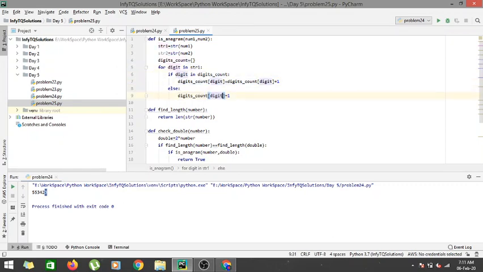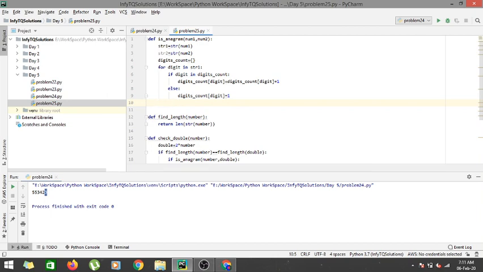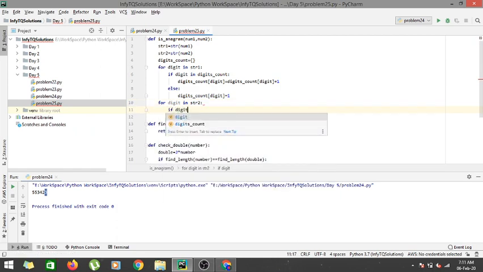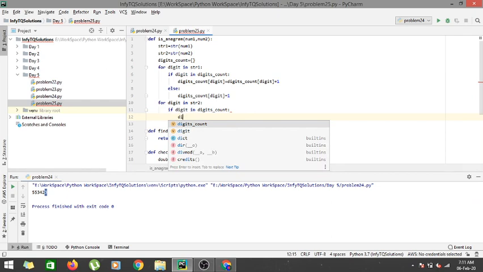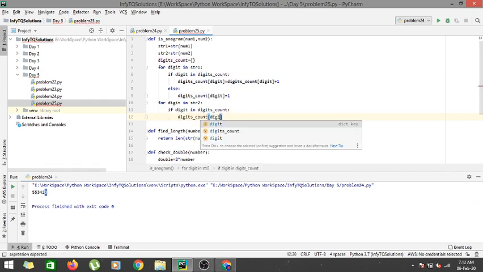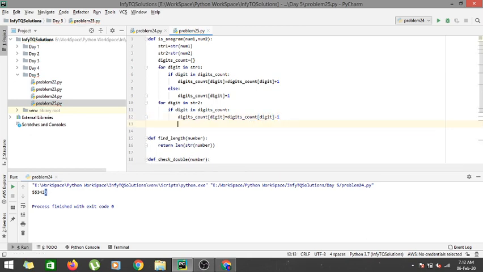So let's just see the code once, then I would explain again what is happening. So for digit in str2, if digit in digits underscore count, we would be decreasing the count of the digit: digits underscore count of digit is equal to digits underscore count of digit minus 1, and if the count of the digit reaches 0, then we would be removing that particular key, because